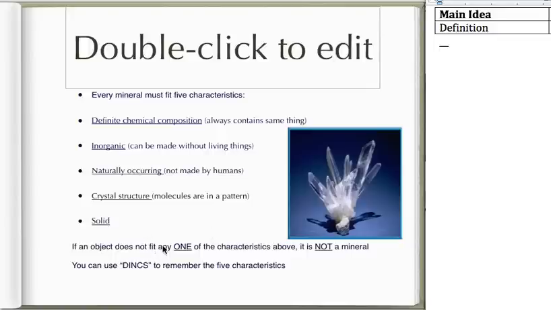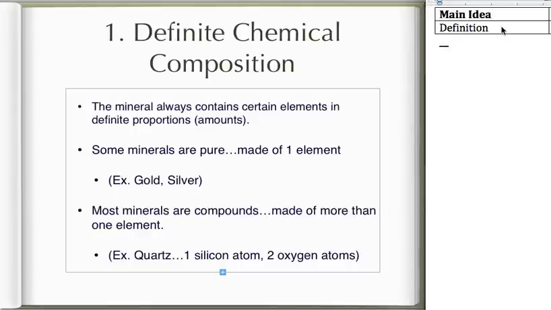If it does not fit any one of these characteristics, it's not a mineral. So this is an all or nothing kind of thing. And you can use the acronym DINCS to help remember the 5 characteristics. So let's go through what each one is individually. So our first